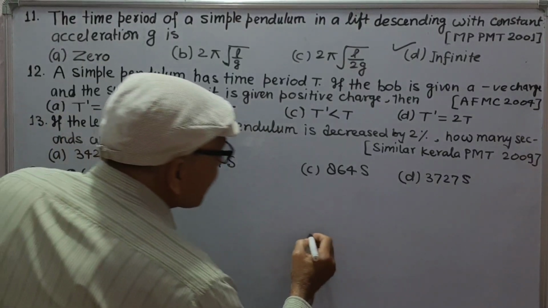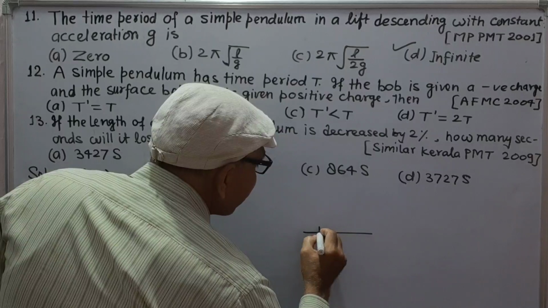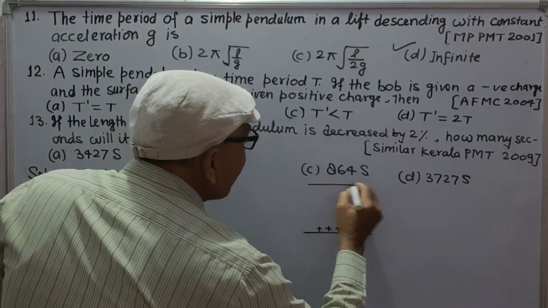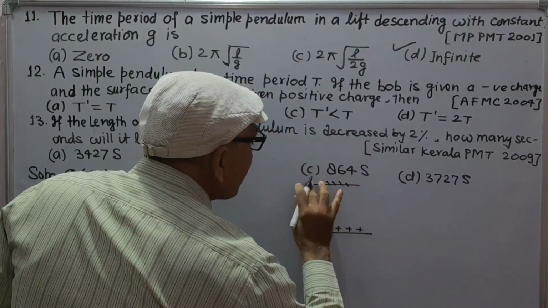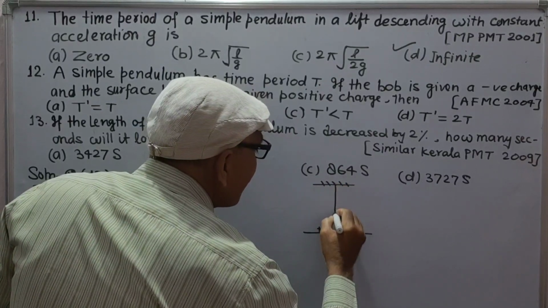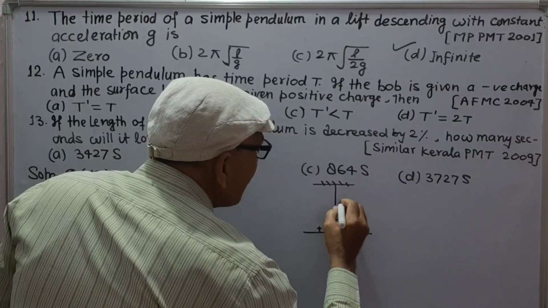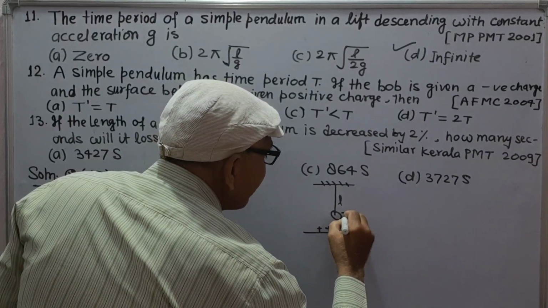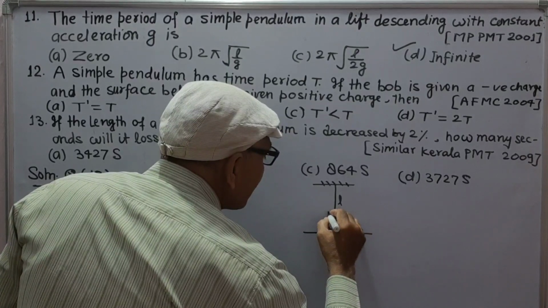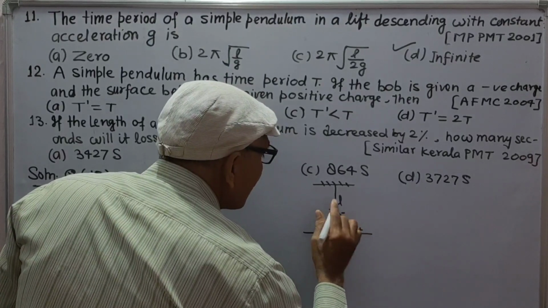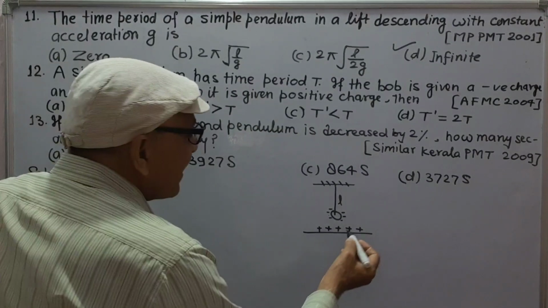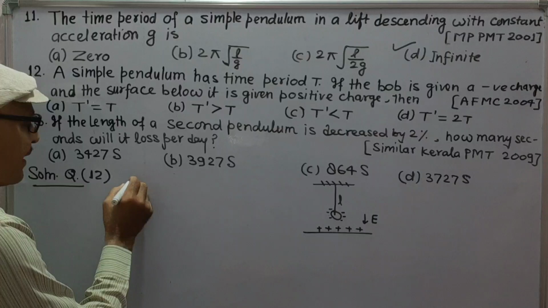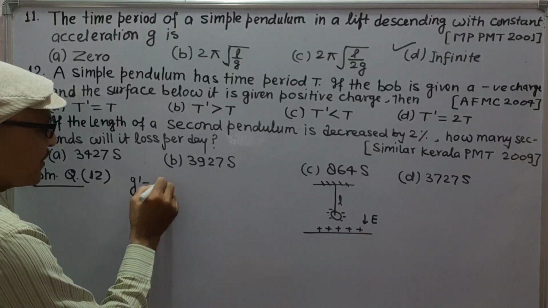Suppose this is the surface given positive charge, and this is a simple pendulum of effective length L, which is given negative charge. Then the electric field will be downward, and effective g dash will be equal to g plus a,